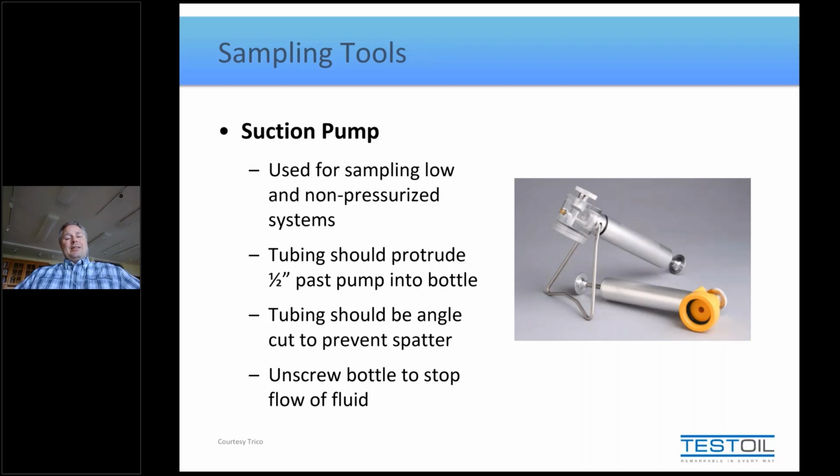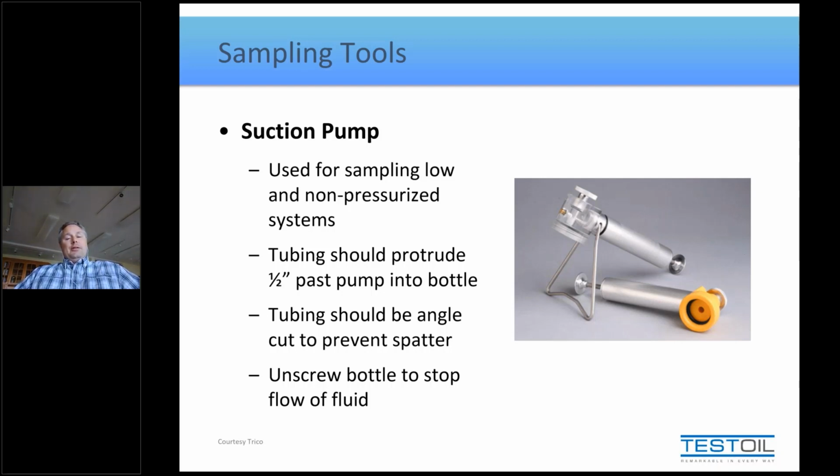But one of the things you might need to supplement this is a vacuum pump, or sampling pump as some people call it, or even a vampire pump. These pumps are used for pulling samples from systems that don't have enough pressure that the oil will flow out freely on its own. So it could be low pressure, it could just be no pressure. But when you use a sampling pump, you need to make sure that you use it properly. Now, it's a fairly simple device. It's got some fairly simple steps to make sure you're going to minimize the effort it takes to do your sampling. So number one,